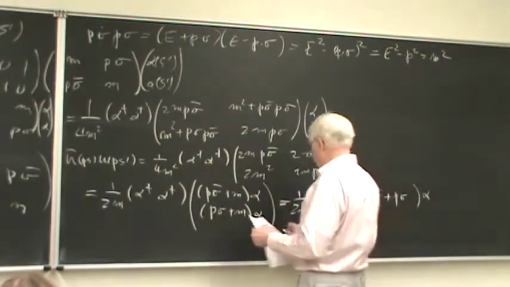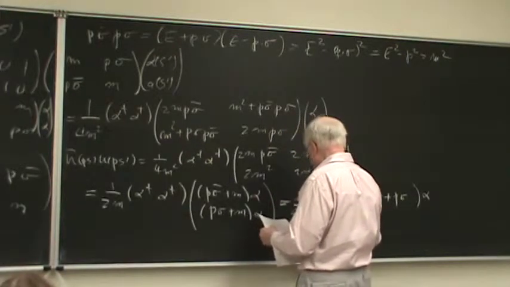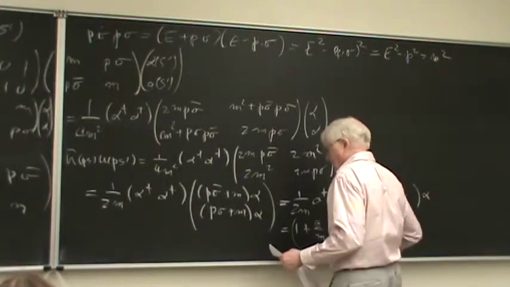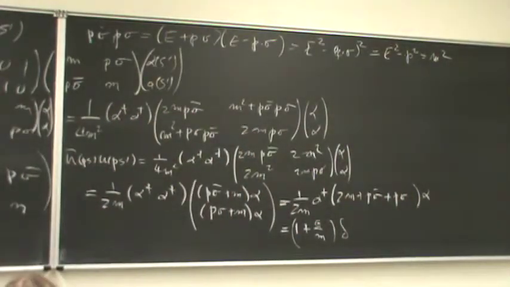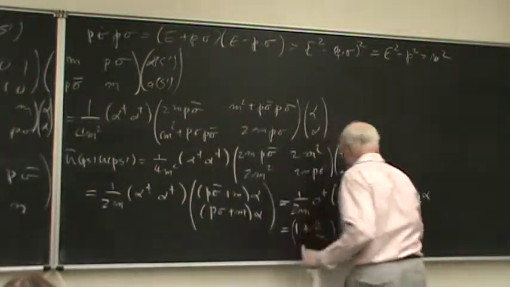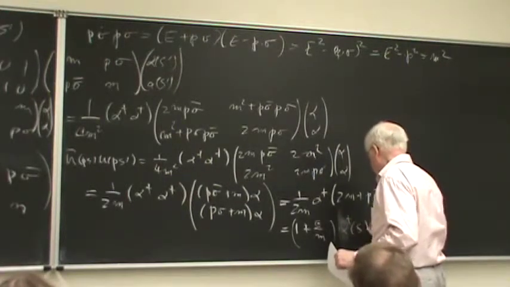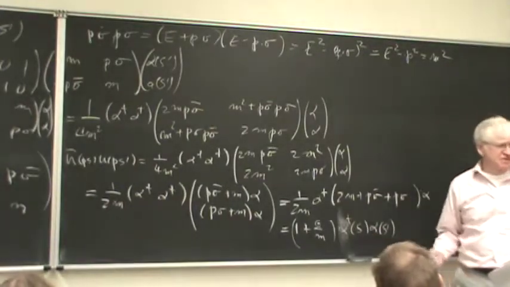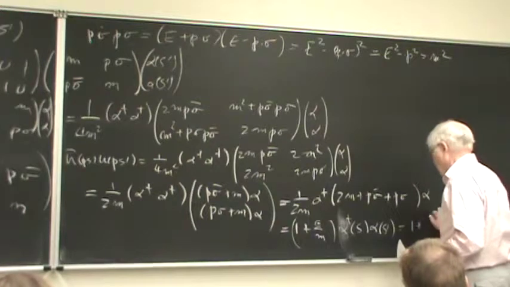So altogether, what we have here is 1 plus e over m alpha dagger alpha. And of course that alpha dagger alpha is just delta SS prime. So this is alpha dagger S alpha. And of course dagger can just as well be transposed or dot product, whatever you like. So this is 1 plus e over m